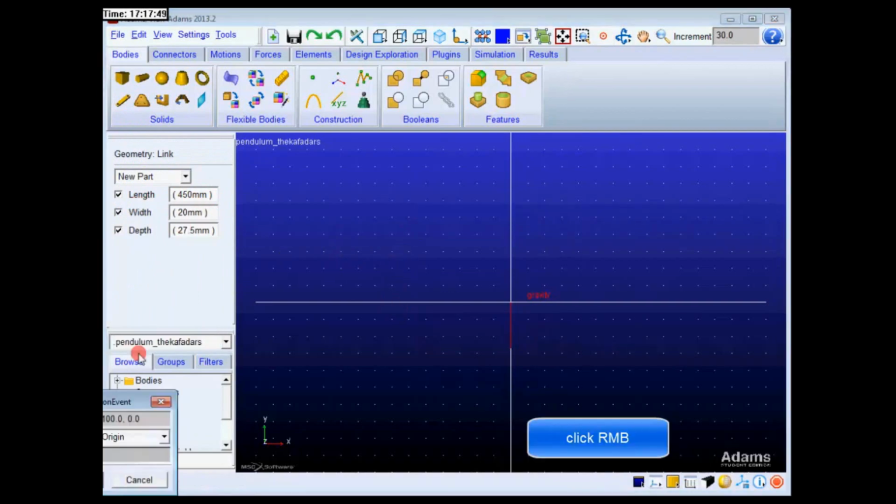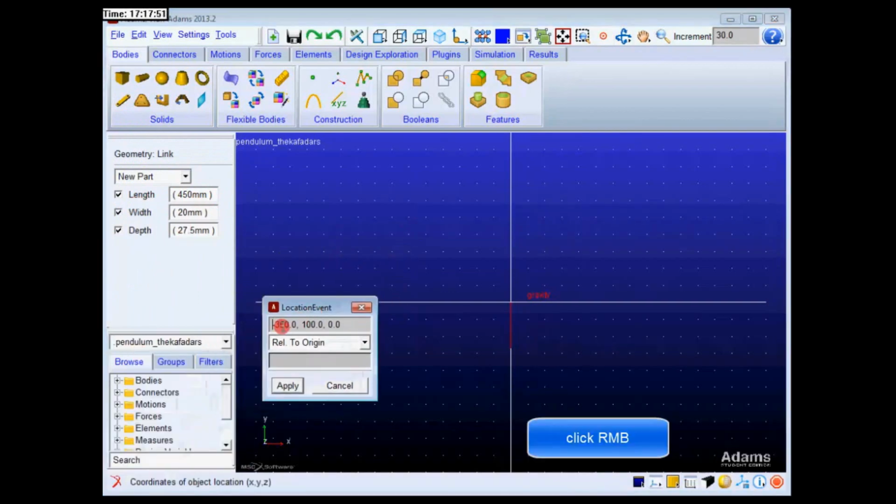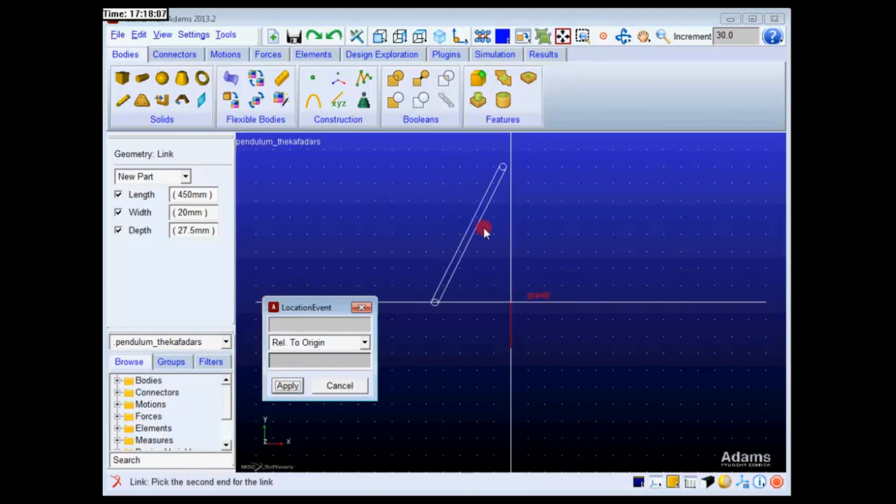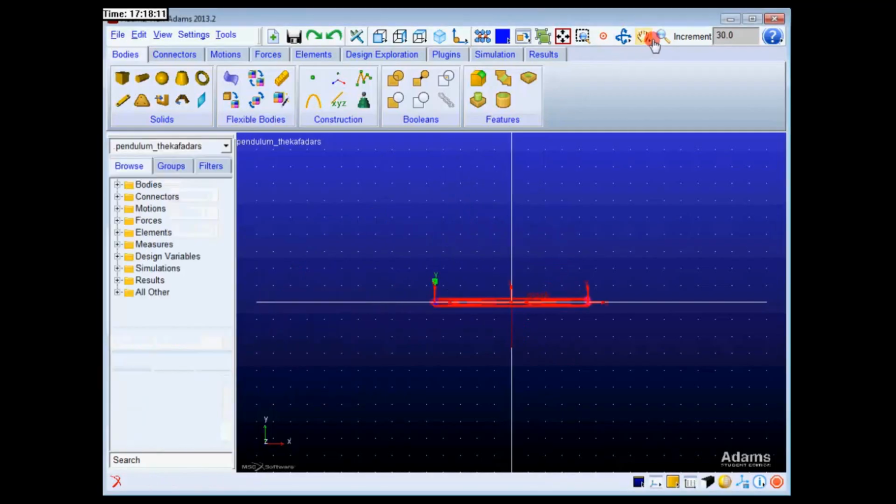Click once with the right mouse button anywhere on the screen to select the starting point. The Location event will appear. Then verify the start point is set to -225, 0, 0. And click once with the left mouse button anywhere right of the start point along the global x-axis to select